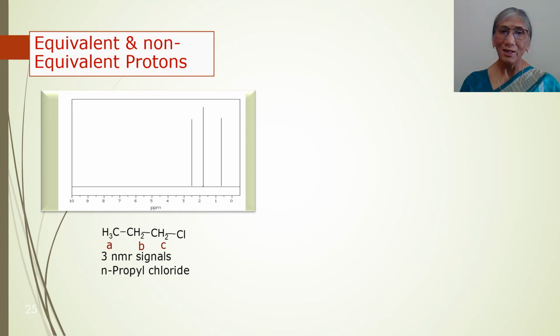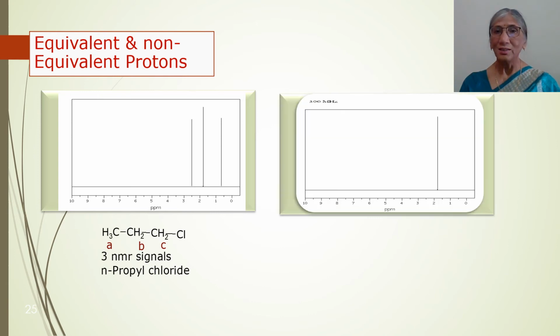So by looking at the NMR spectrum, we can say that there are three types of protons present in the molecule. Three types means chemically non-equivalent protons are present in the molecule. Another example